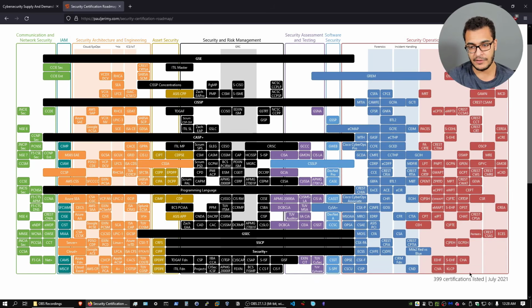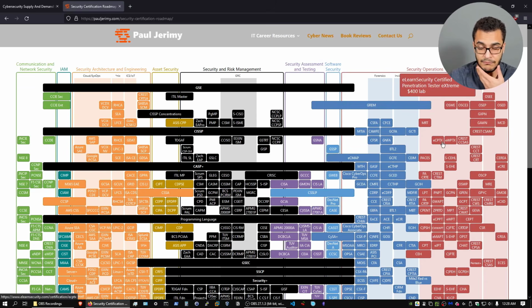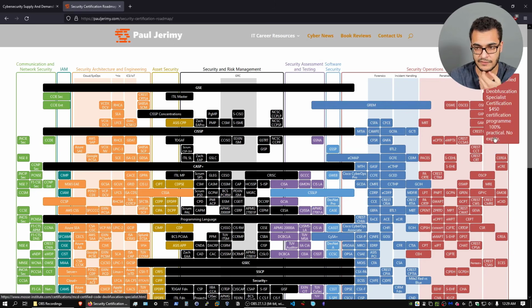So again, right at the bottom here, you have your certifications. So we're taking a look at pen testing certifications. The topmost, you have your OSCP, OSWE, and then you have your INE eLearn security certifications here. So you have ECPTX, EWPTX, etc. And you also have your SANS certifications here.